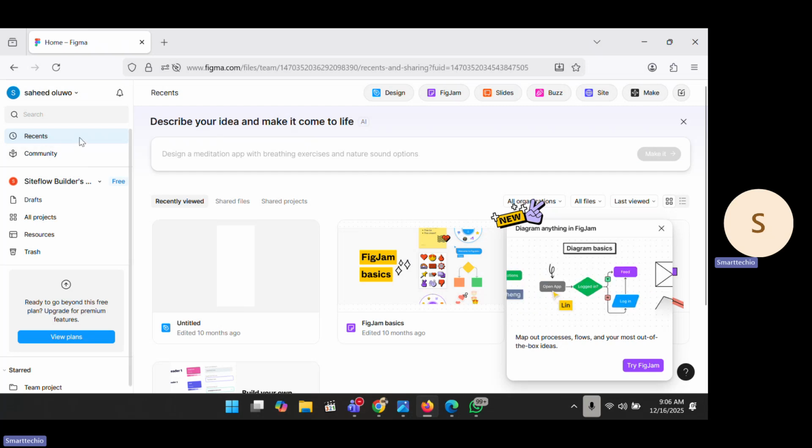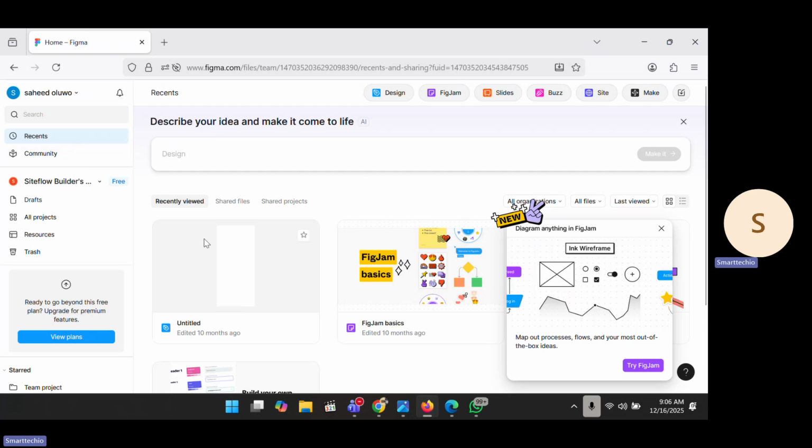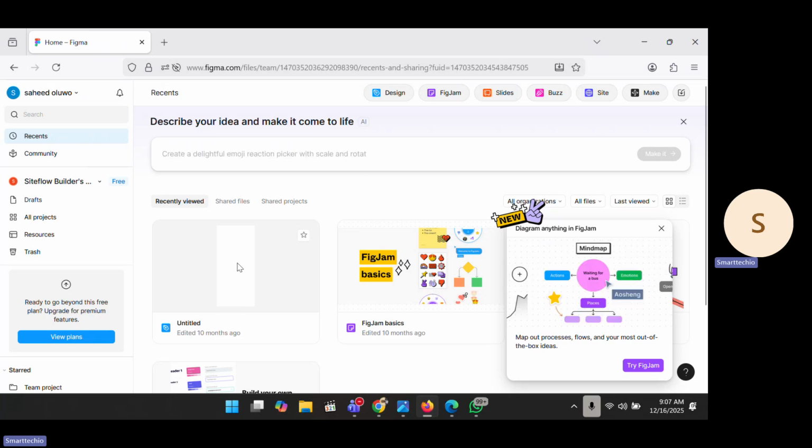So as you can see, this is showing you the recent. Maybe you already have a wall or project that you've been doing here. You get that? So this shows I've already created an account with this. It's showing me 10 months ago that I already used it. I've already created this account 10 months ago, which I don't even know that I had created an account with